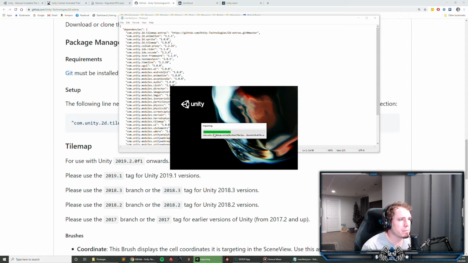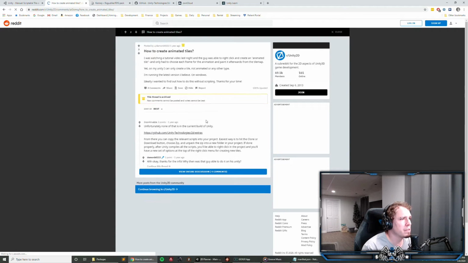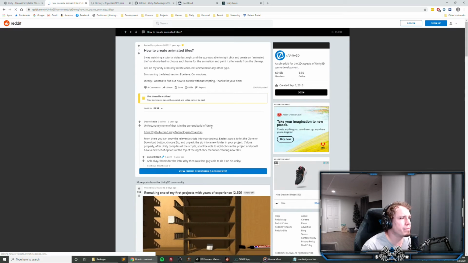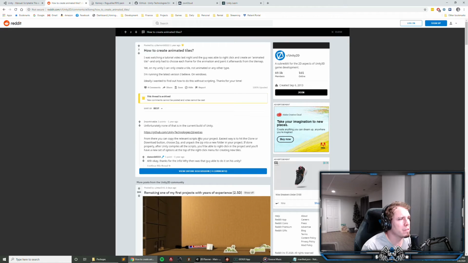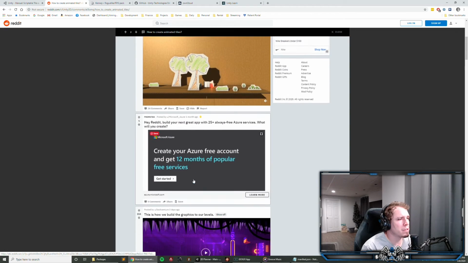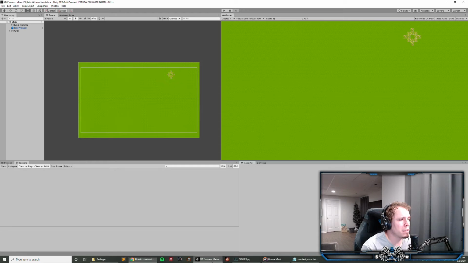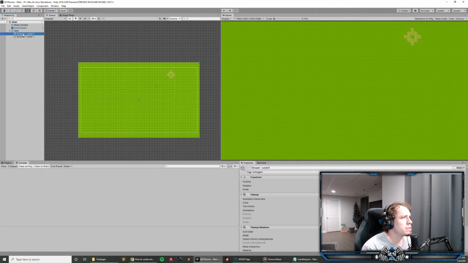Hey, it's doing something. Tilemap extras, runtime tiles, isometric, all this for an animated tile. And the sad part is I don't think it's gonna actually satisfy creating an animated tile. Because I'm probably gonna have to do more, because I have a feeling what this is actually gonna do is